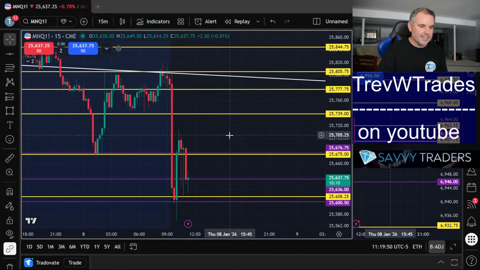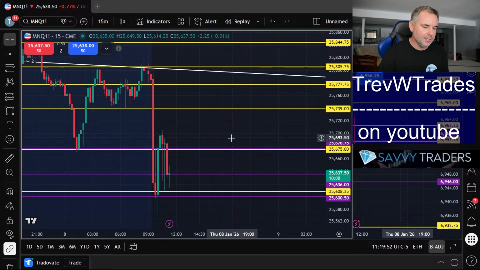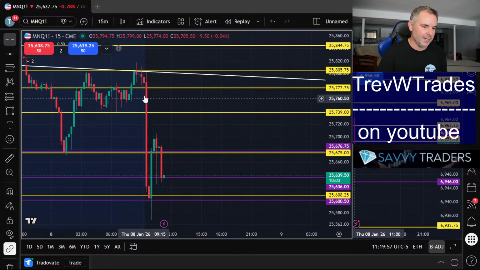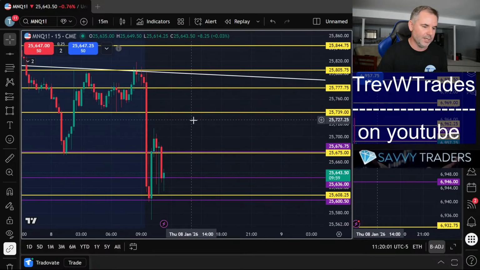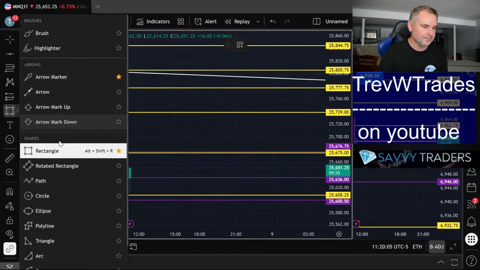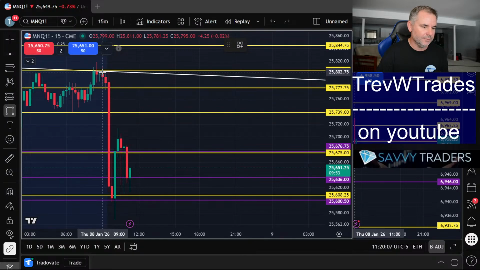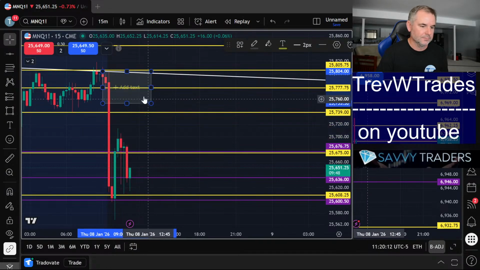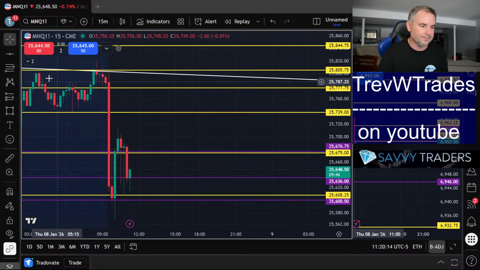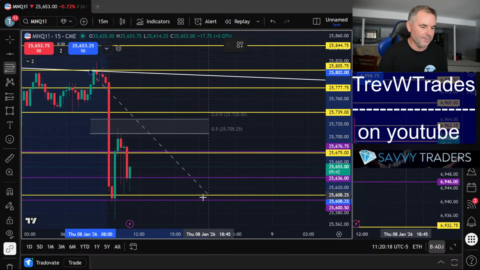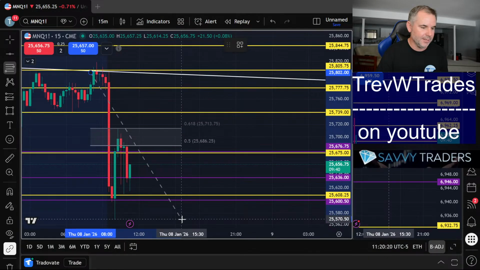So what was I looking at today? I always wait for typically the first 15-minute fair value gap. Well, it is a fair value gap, but it's just a range, right? So this is a massive range here. From here to here is your range. We know that. More importantly, where is the discount of the range? So if we mark it out,